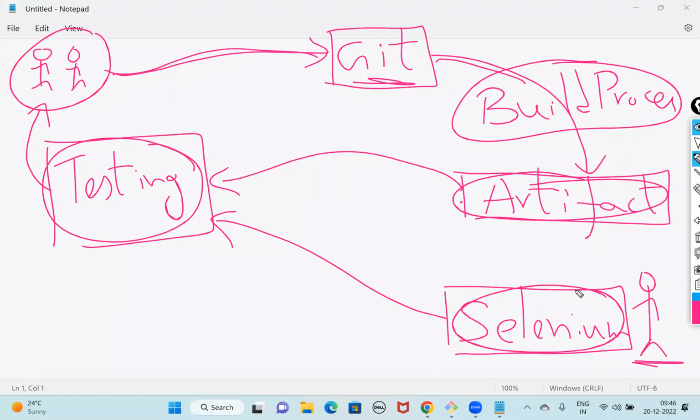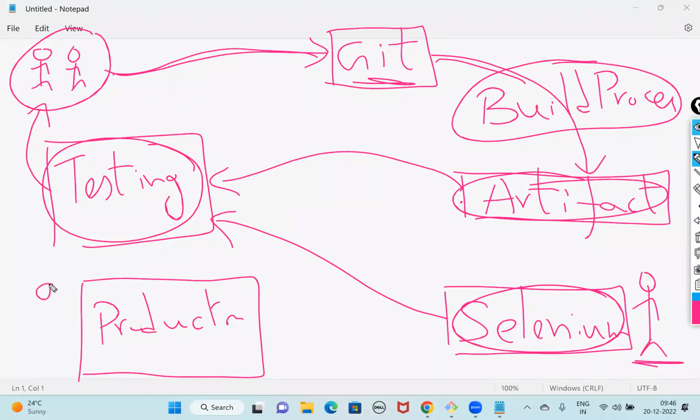Once the testing team comes to the conclusion that everything is working properly, it will be deployed into the prod environment, the production servers, where the client can start accessing it. Imagine this fellow is my client, and once it is deployed into the production environment, the client